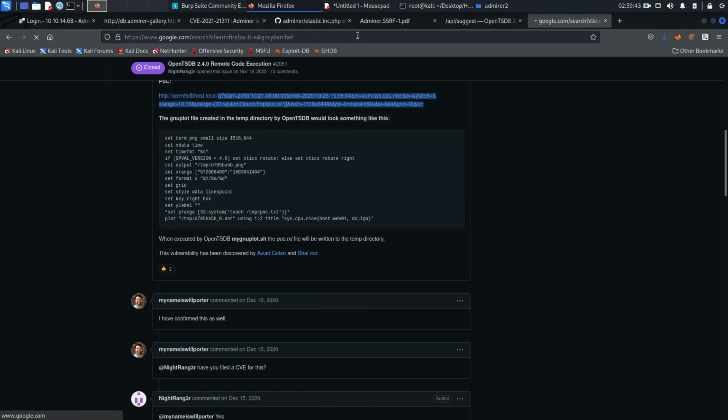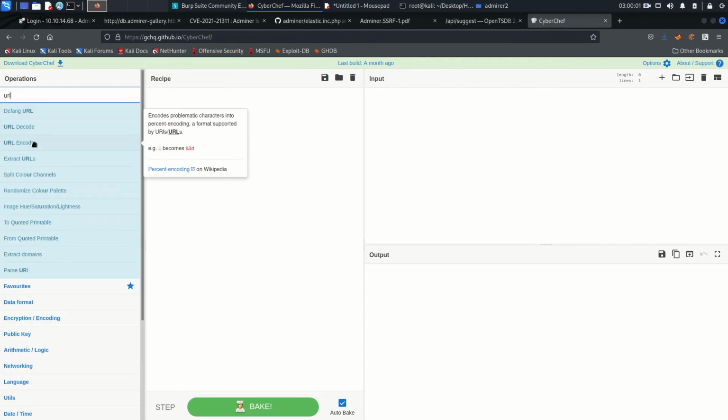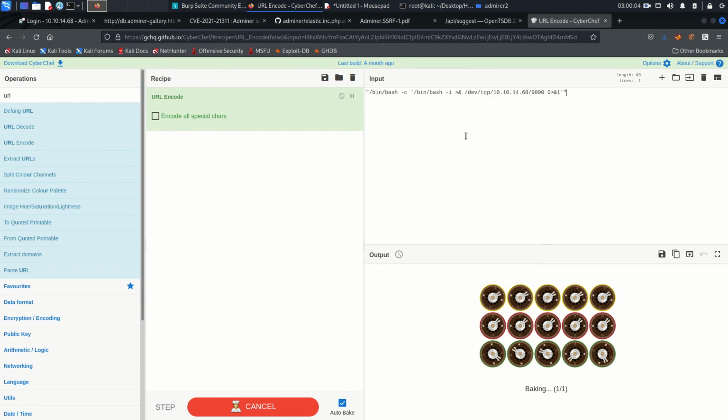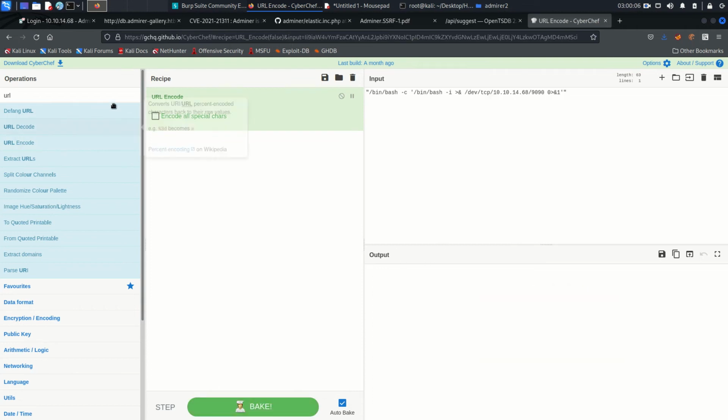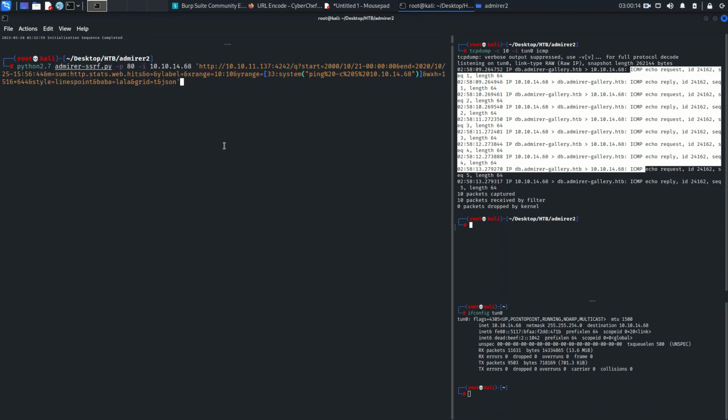CyberChef, hit enter. So now URL encoding, yeah, this one, and just paste that here. Fine. Encode the special characters, and we got this. So copy this and come here, instead of this, just paste that and open a new tab. Let's say cd desktop HackTheBox AdmirerToo